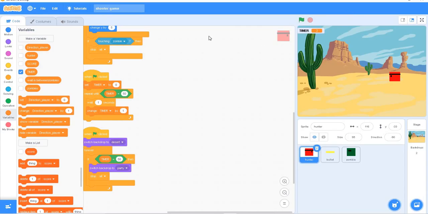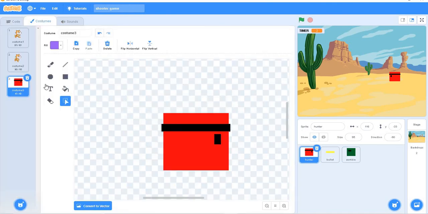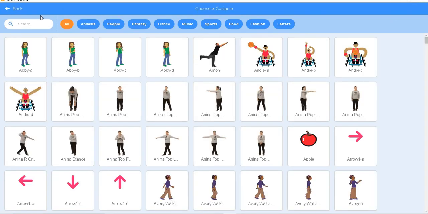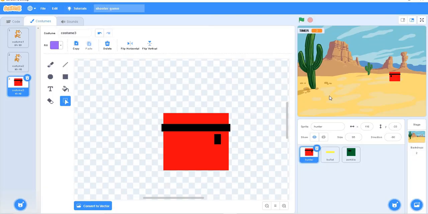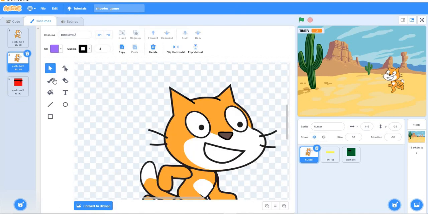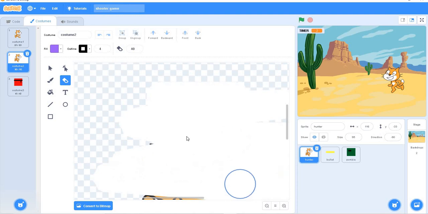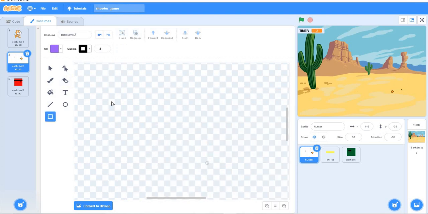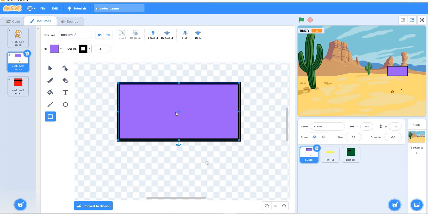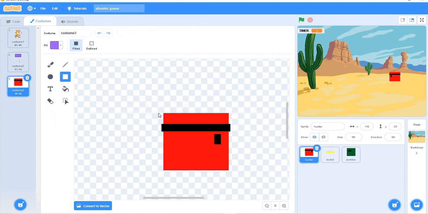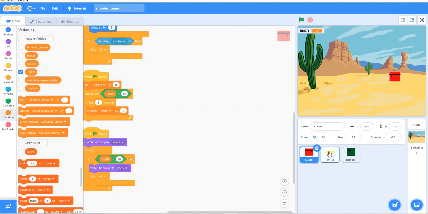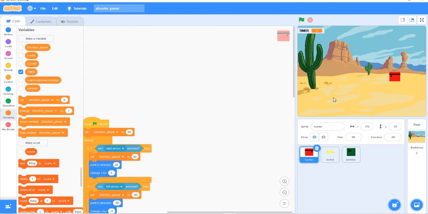So now I wanted to show you how to make sprites. So go to costumes. Take any costume, and then just edit it. For example, I took it and erased all of it, and after that from here I put a square box. That is my character. So this is how it works. So you can create others like this also. But I didn't have very much time to design characters, but if you want to, you can do it.